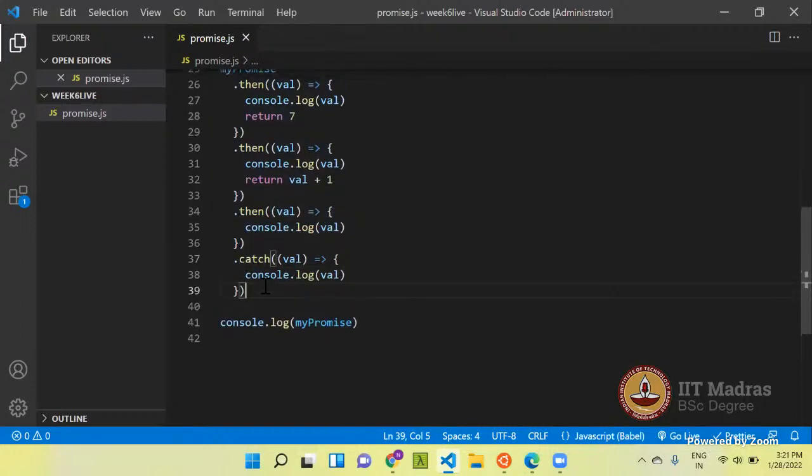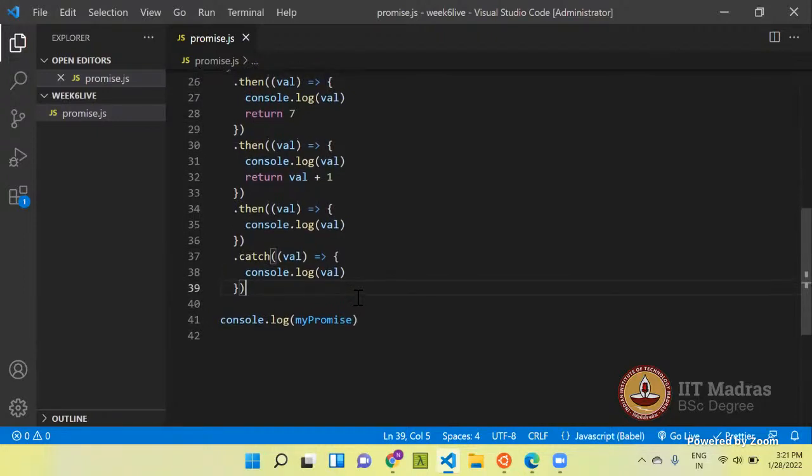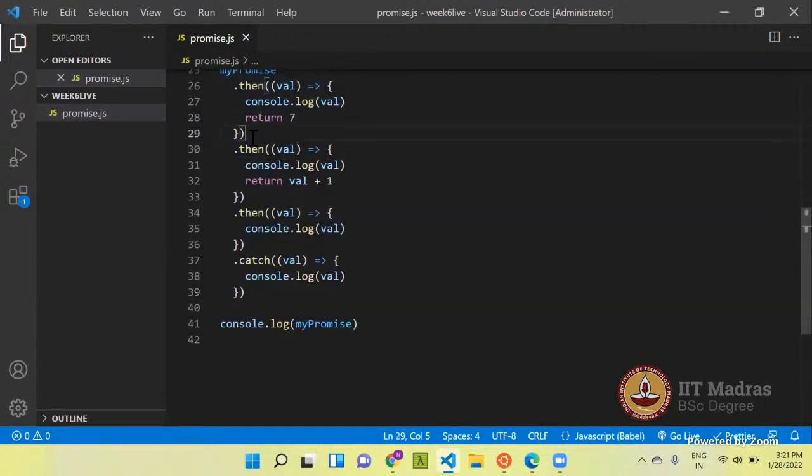So the value with which that promise gets rejected is passed to this parameter, and then it's being logged to the console. Is it clear now? Okay, I'll assume that it's clear.